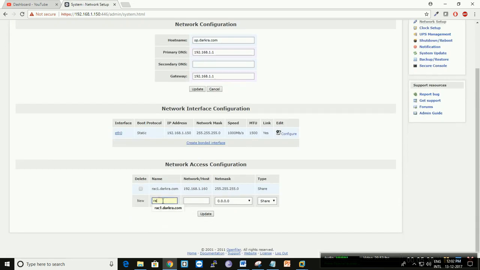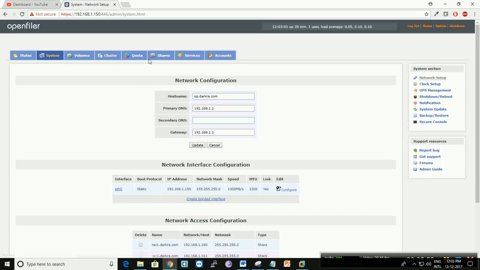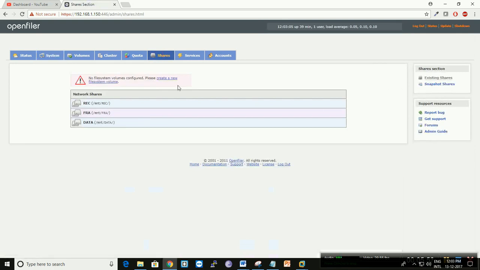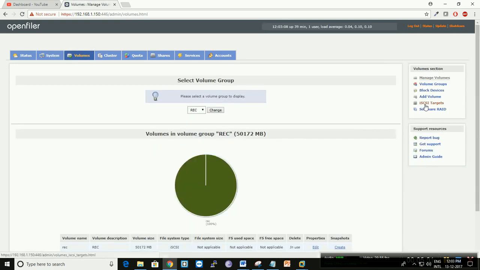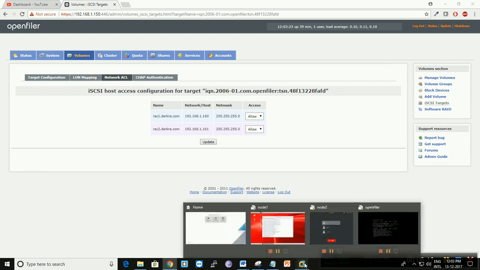Same way make for rac2.takra.com, 192.168.1.161, select same subnet, update. Okay, I'll go to share, same again, volumes, iSCSI target, allow, update. So now you can search this through. Okay, once it is updated, go back to